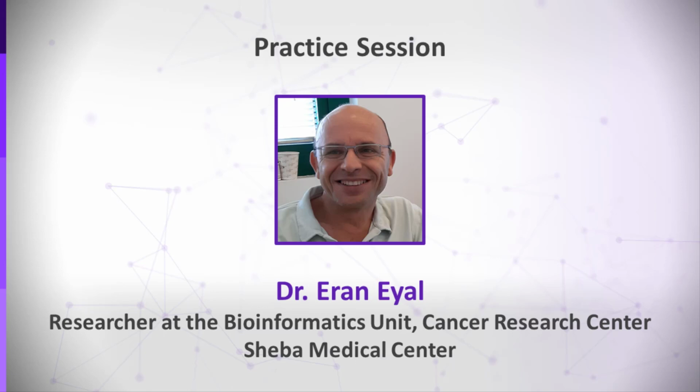In this practice session, we will learn how to use several tools related to cancer genetic background and genetic susceptibility to develop cancer. BRCA1 and BRCA2 are well-known tumor suppressor genes related to DNA repair, which are frequently mutated in various cancer types. It turns out that mutations in these genes are often inherited, resulting in a substantial increase in probability to develop breast, ovarian, and prostate cancer throughout lifetime.